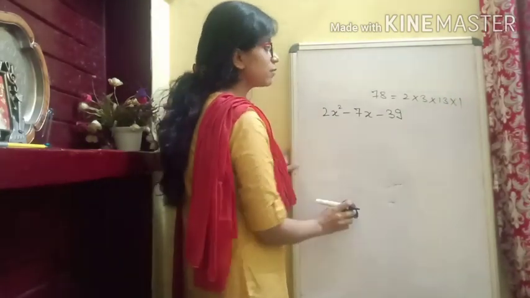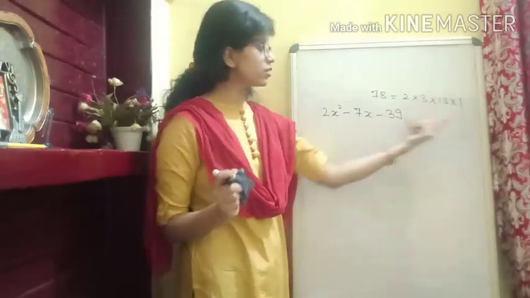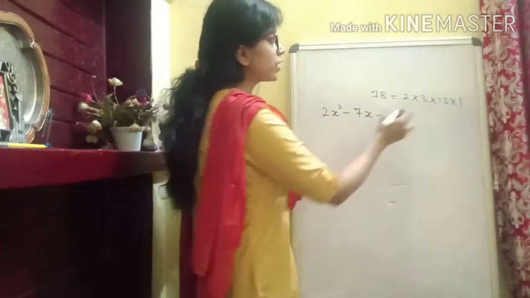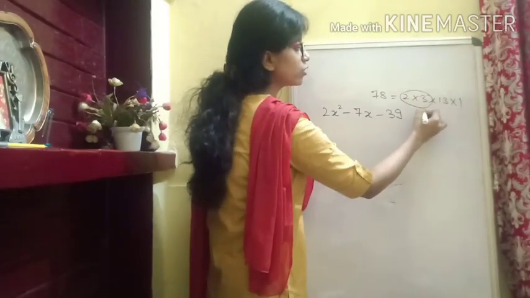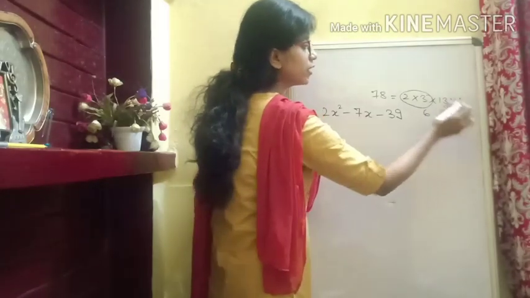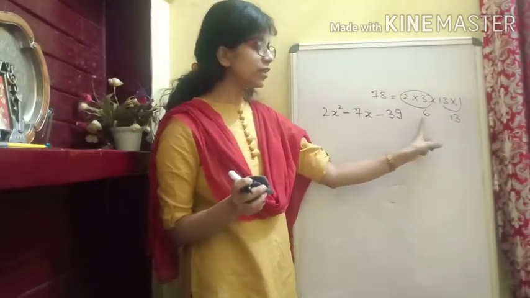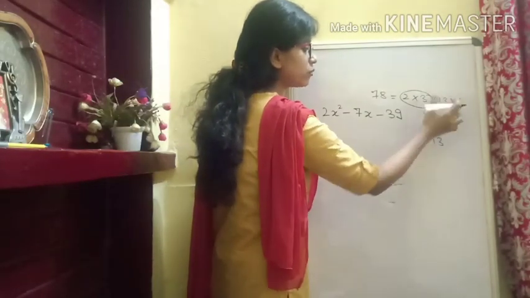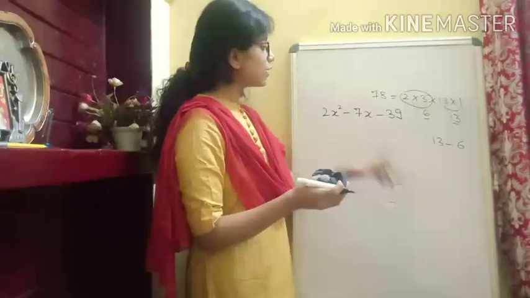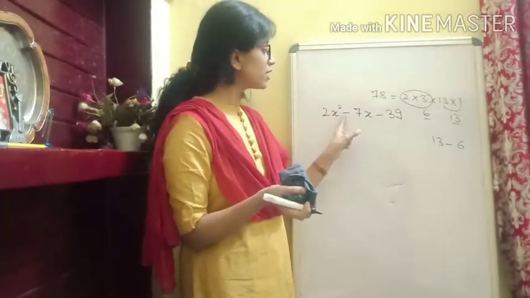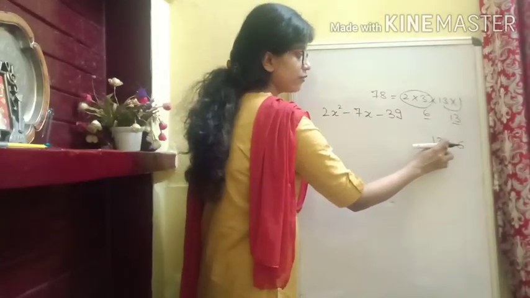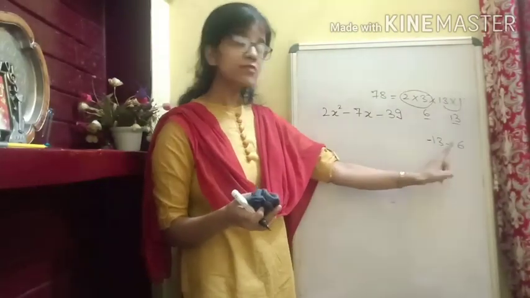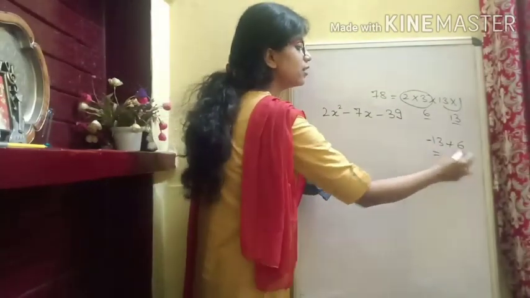Now since we have written the prime factors, we have to arrange these numbers in such a way that we should get what? Minus 7. So now let's take, if we take this 2 and 3 together, that would give you 6. 13 into 1 is 13. Now if you see, 13 minus 6 will give you 7. Is it clear? So we have split these numbers into 2, that is 13 minus 6. That would give you 7. But what do we want? We want minus 7. So we just alter the sign. We take 13 with minus sign and 6 with plus sign. Still minus plus minus, but this time we will get minus 7 as the answer.